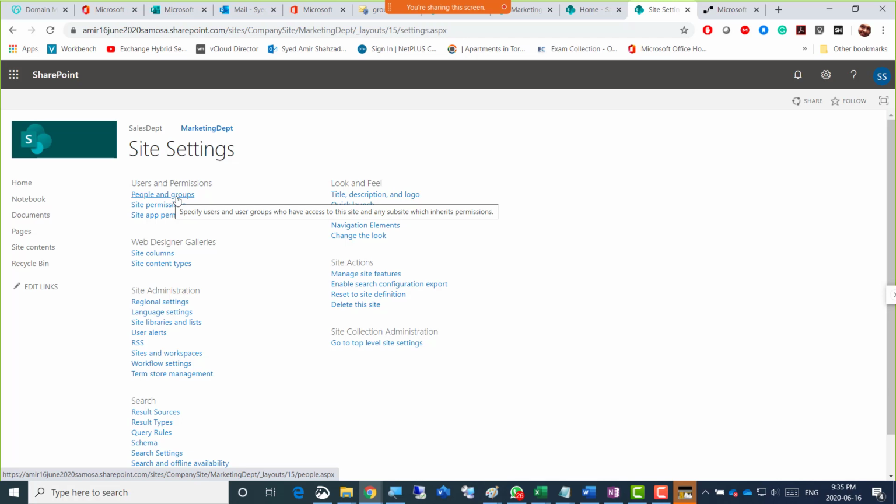Specify users and user groups who have access to the site and any subsite which inherits permissions. And what does the other one say? Define what capabilities each user or user group can perform on the site and all subsites inheriting permissions. And the last one says manage app access to content in the site. So, can you add an app here for SharePoint or not?